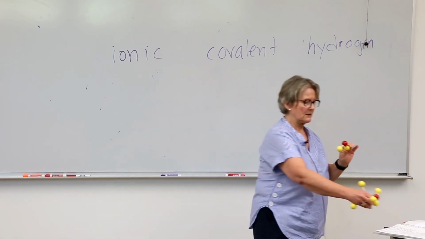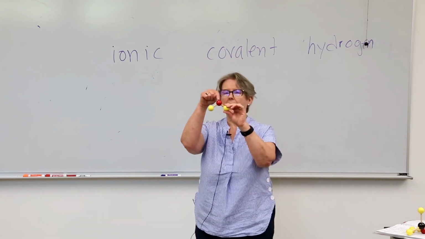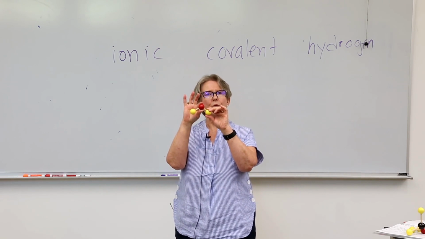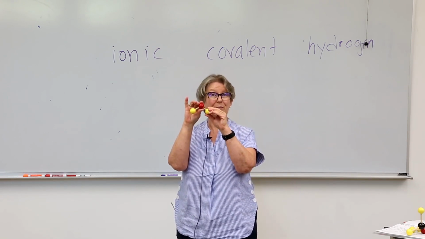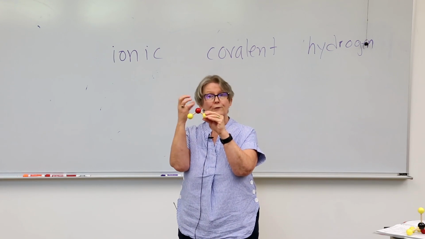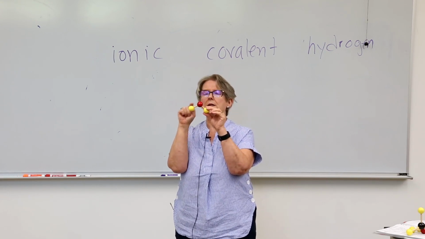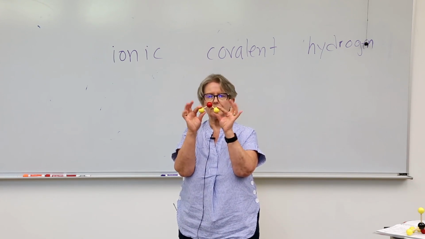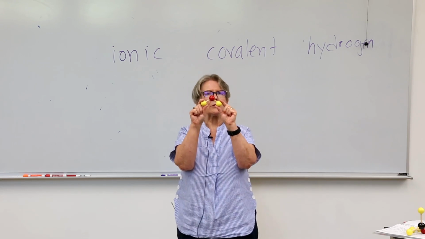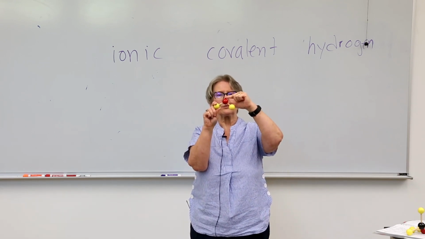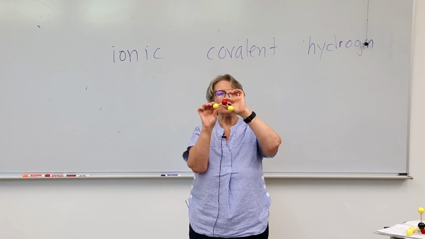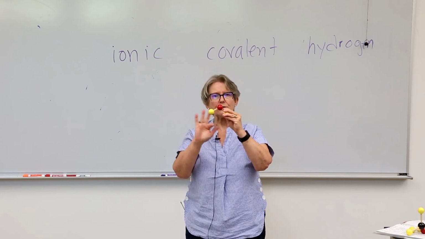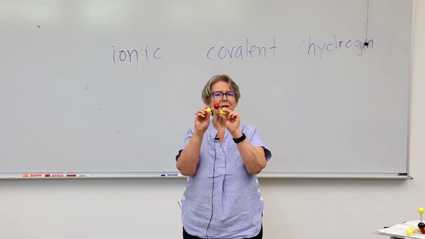What that means is that this oxygen in the middle is further to the right on the periodic table, so it has more attraction for the electrons. Also, it's bigger. It has more protons, therefore more attraction for the electrons, which means that the electrons are spending more time around the oxygen than they are around either hydrogen. And because of this shape, we have an asymmetrical molecule. There's going to be more electrons right here than right here. We end up with a molecule that is polar. The molecule itself is electrically neutral, but the electrons are not distributed equally.